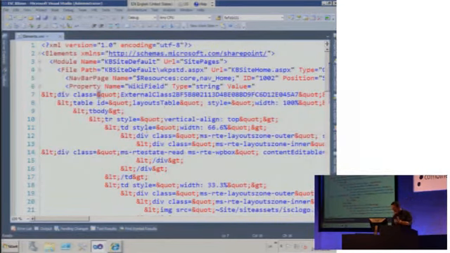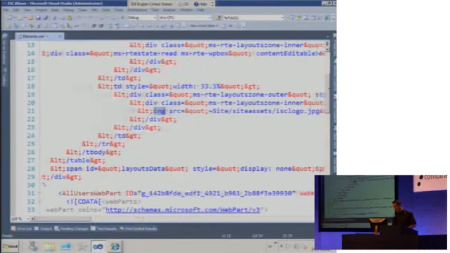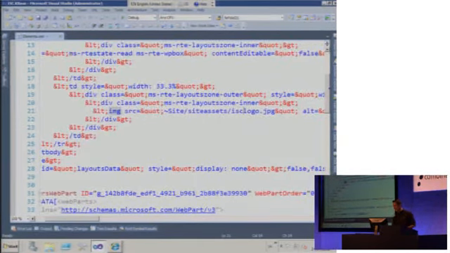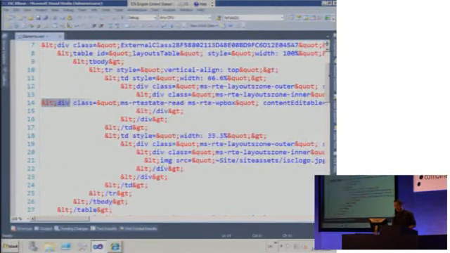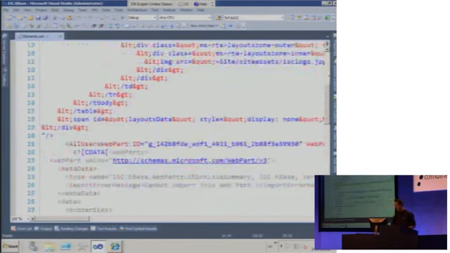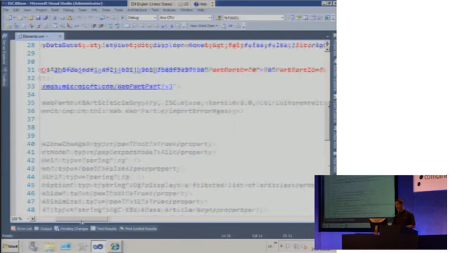And if we go down a little, you can see the image, a logo that we have, which points to the site's asset ISC logo. But here is something weird. That's the web part that we have, which is put on the welcome page. And how it works, from the deployment point of view, that's the web part. But in order to get it into the content, you have to do two things. First, you have to deploy it to the